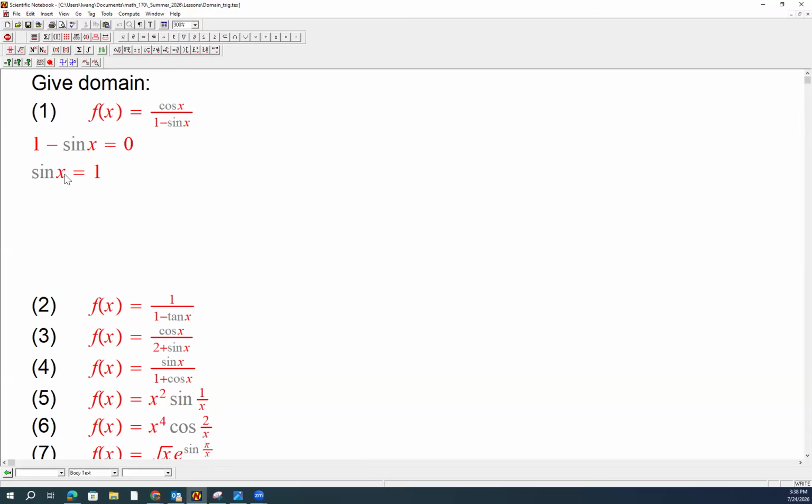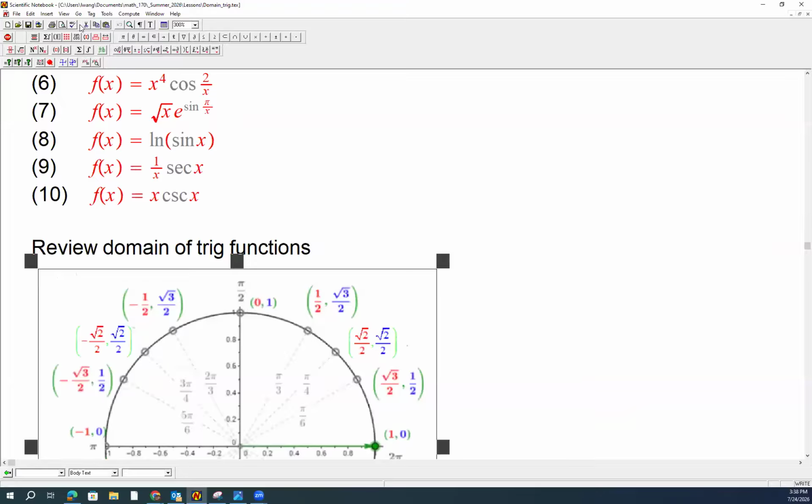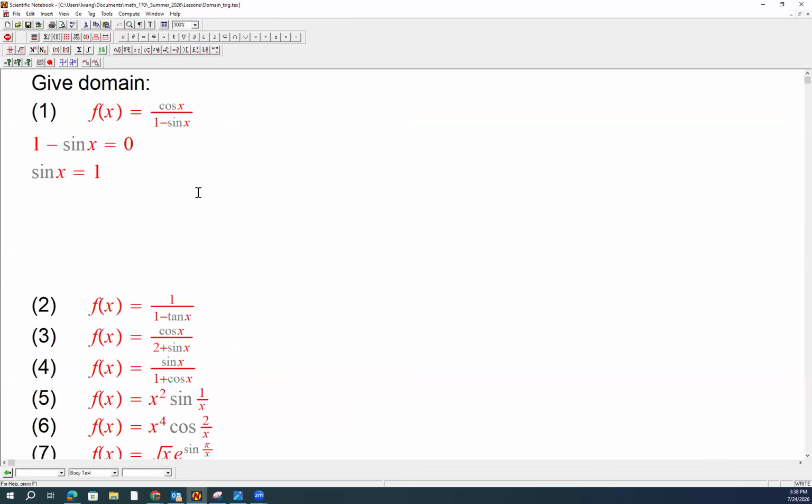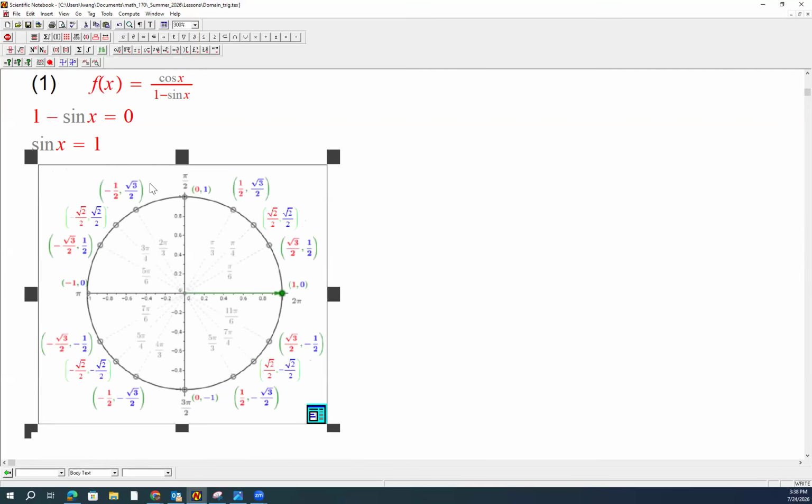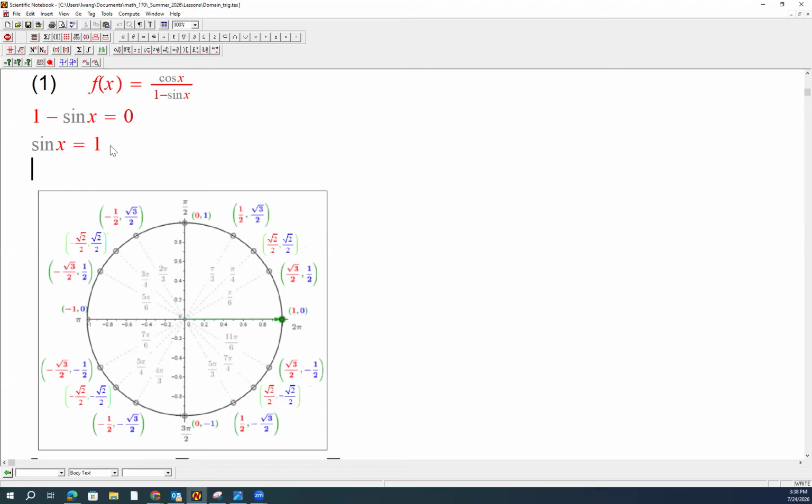Then the question would be, what are the angles that make sine equal to 1? If you're good with the unit circle, you can use the unit circle. Where do you get the value 1? This is the only terminal, and it is the solution we cannot have. What does this terminal correspond to? What are the angles? So x cannot be